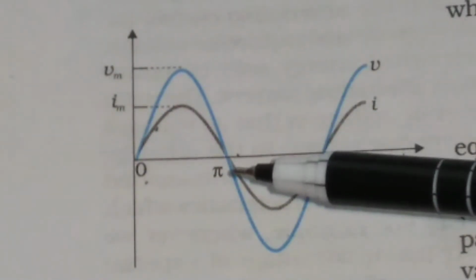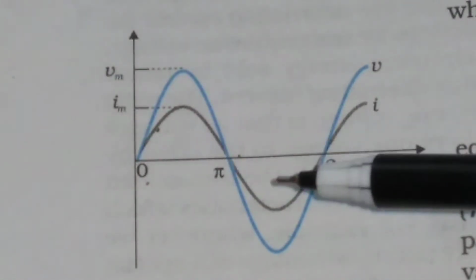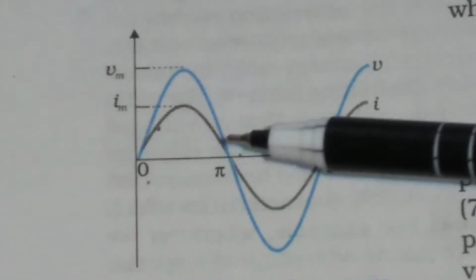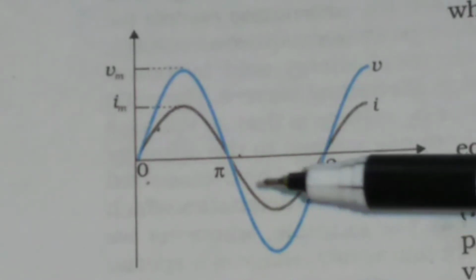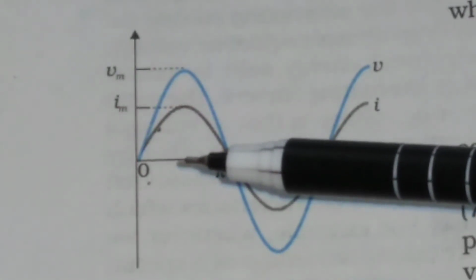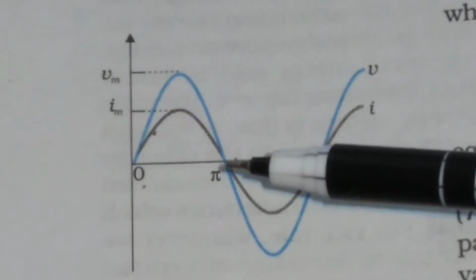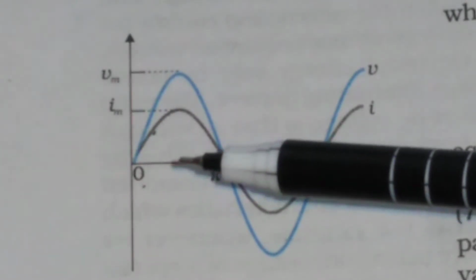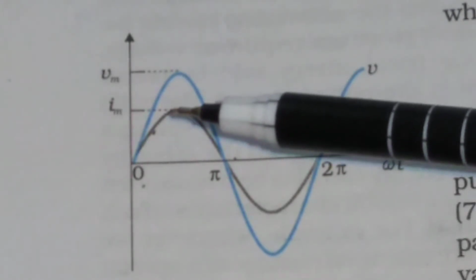And from the graph you will also see that this is the minima, this is the zero, and this is the maxima. The maxima, zero and minima are at the same respective times. Suppose the total time from this to this is equal to T; up to this time it is T by 2, up to this time it is T by 4. So at time T by 4, the maxima for the voltage curve is the same as the maxima for the current curve.